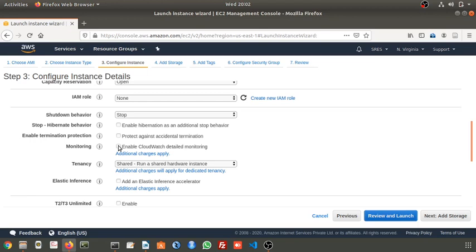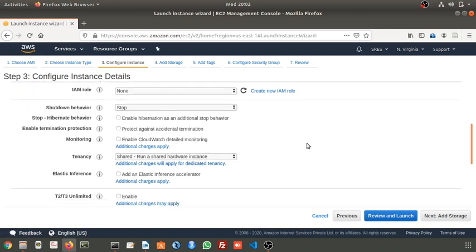When we are running a large application and multiple users are trying to access it at the same time, we need to monitor the load over the server. To monitor that, we have to enable this. This is not free. See, additional charges are applicable for this.